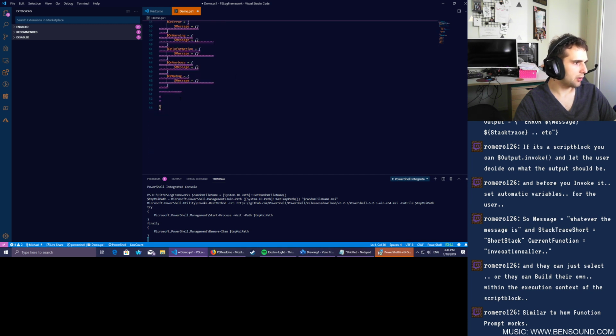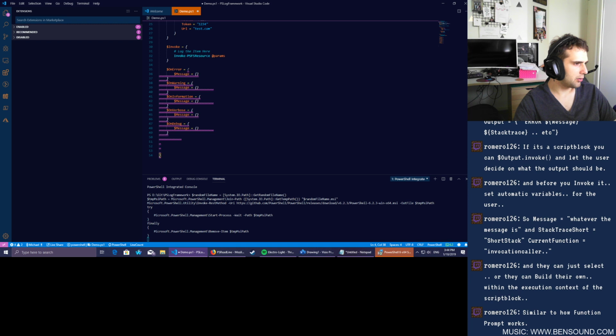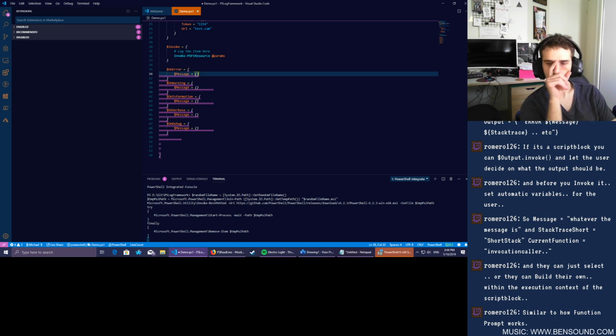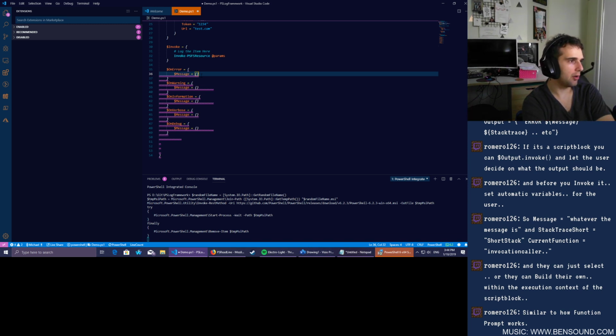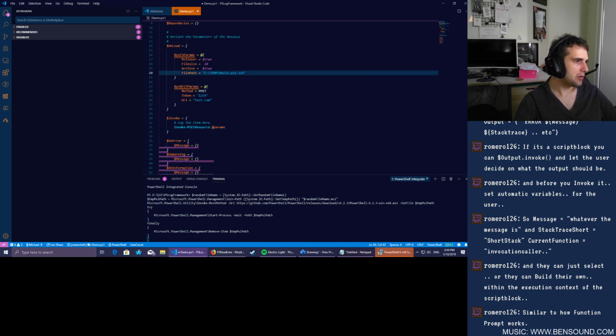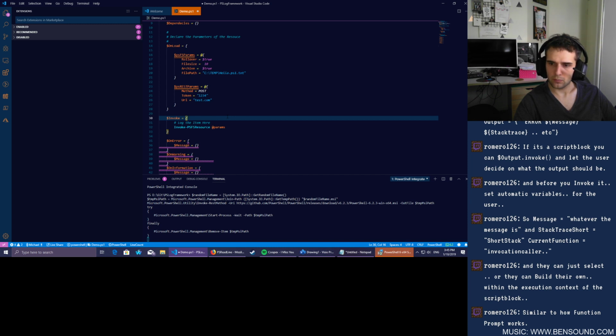Where is it? And then they can just select or build their own with the execution context within the script block. Yeah, that's the whole premise. That's a really cool idea, thank you. So the whole idea: declare parameter of resource, on load you instantiate your resources, go to invoke. They could actually invoke whatever they want. So essentially,